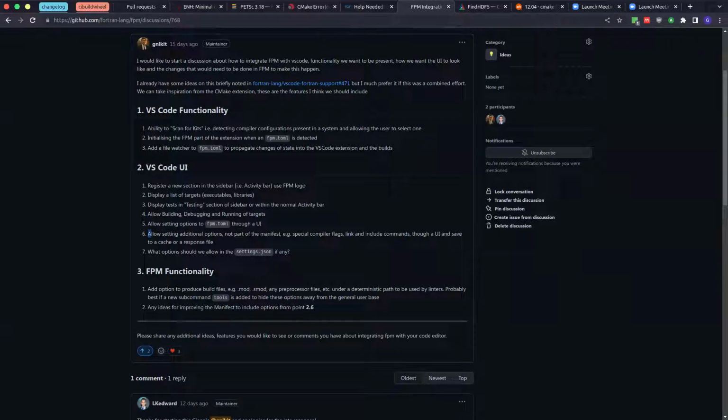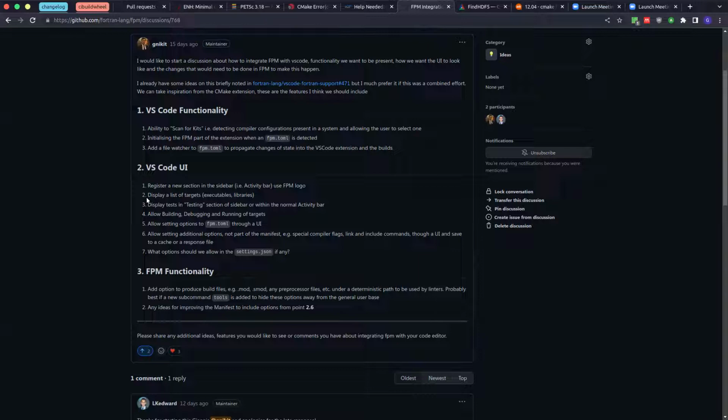The thing that I didn't get around to doing was basically have FPM tell me what the targets are, because that's a capability, right? So you don't necessarily need to parse the toml file to figure that out. In fact, the toml file may not be sufficient because it may be auto detecting what some of the executables are. So you want to get FPM to tell you, hey, here are the run targets, here are the test targets, here are the example targets, if you want to actually execute. And then